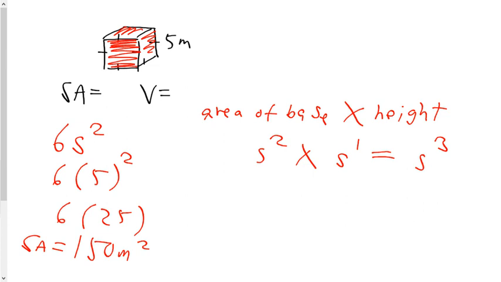In which case, if I use that formula, substitute my side length, I will find there are 125 cubic meters of space inside that cube. So your surface area is in square meters. Your volume